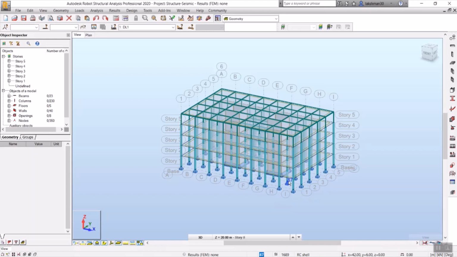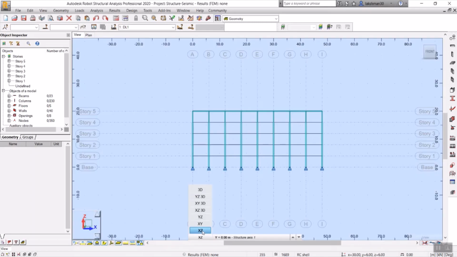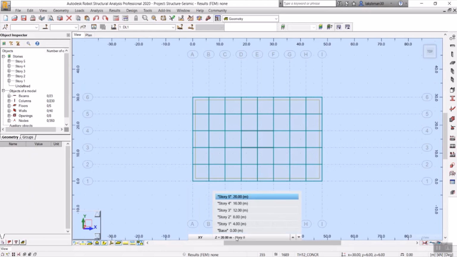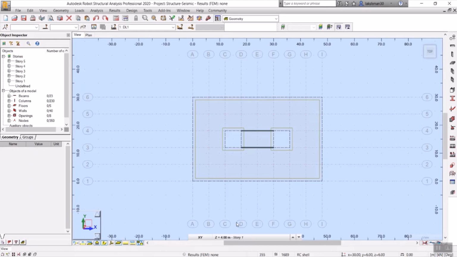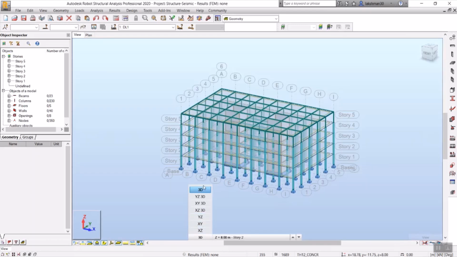So the modeling part, as you see here, the grids have been defined and the stories have been defined. And as I said earlier, here you can switch the views. Can you see XZ views, XY views, and here you can switch it to story wise things. So story 1, story 2, or if I need to go to 3D view, I can come to 3D view. All the modeling tools are simple, as in all Autodesk platforms we'll be having the simple modeling tools, right? So just pick and drop, pick and drop and drag. We can do the modeling part easily.